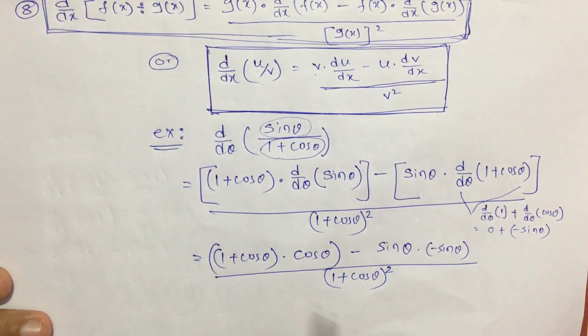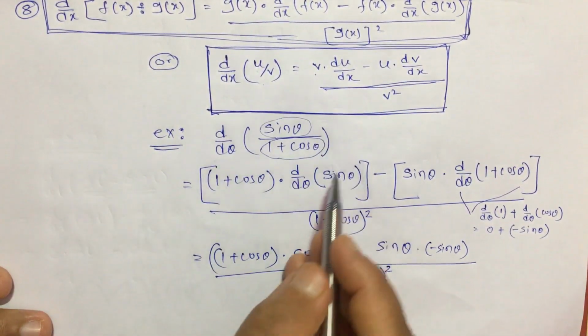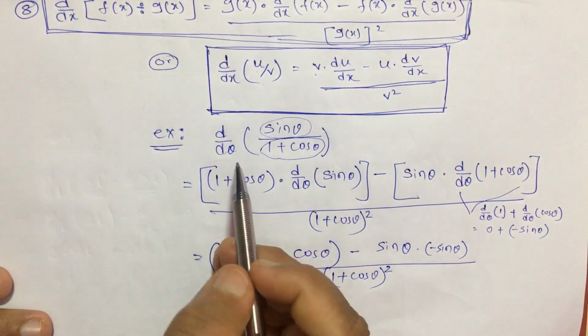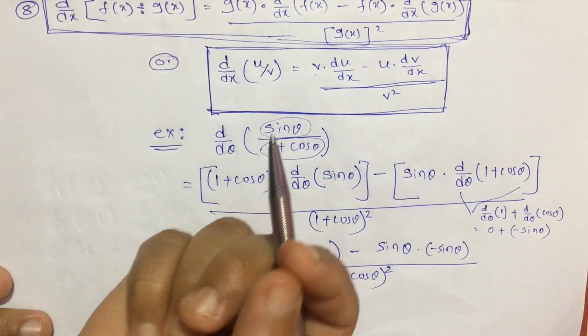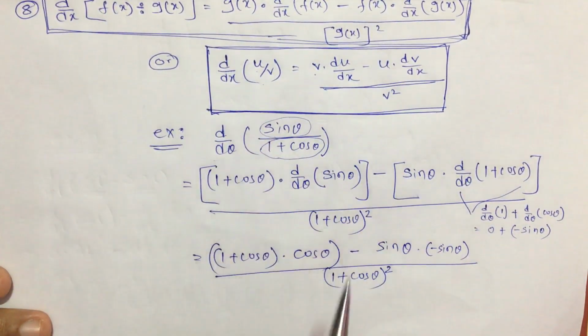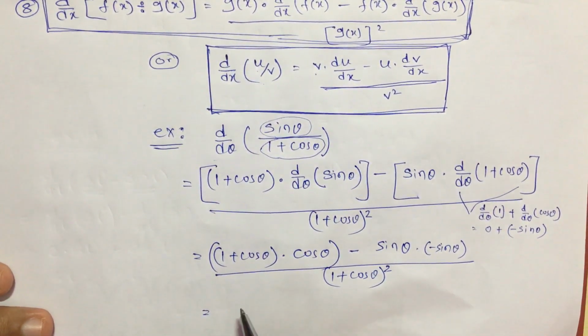So practice them initially slowly and try to increase your speed, because no one is going to ask this directly in your exam. This is not a mathematics question. You are going to use this type of thing in physics, and this step will carry some half or 1 mark in that derivation or question. So gradually increase your speed whenever necessary.